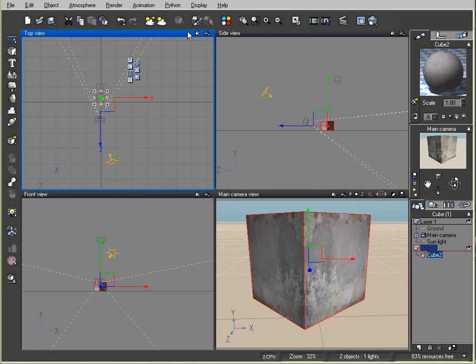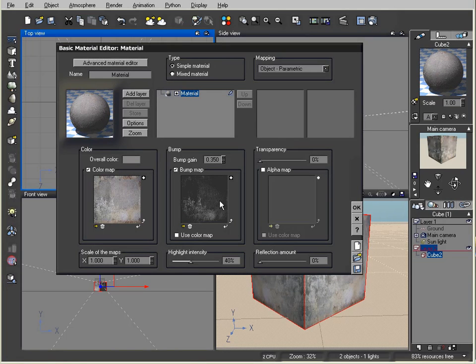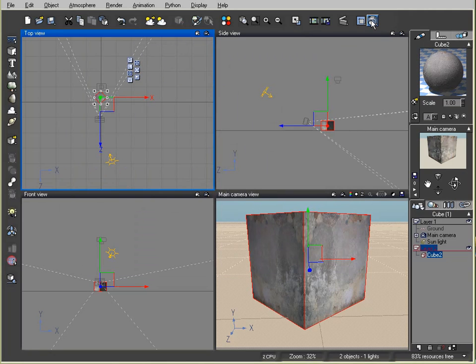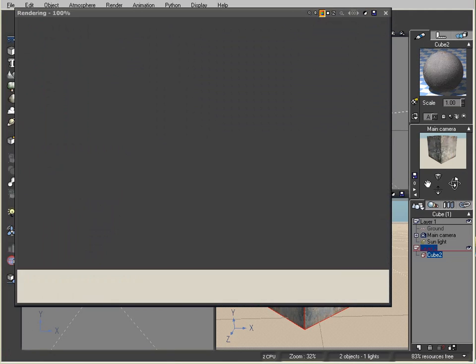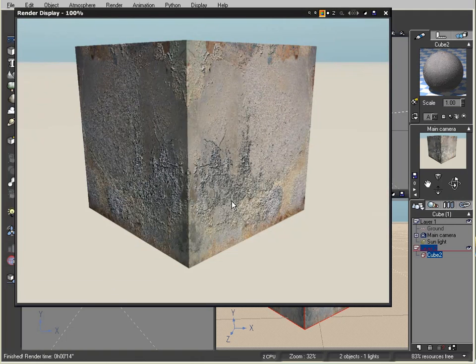But this is essentially how you achieve manipulating your photo image into a bump map. Okay, View has updated it. I'm going to render it, and I'll be right back. Okay, this is what we've got. I like this. I was able to bring out a little bit more bump and relief in these patchy areas,